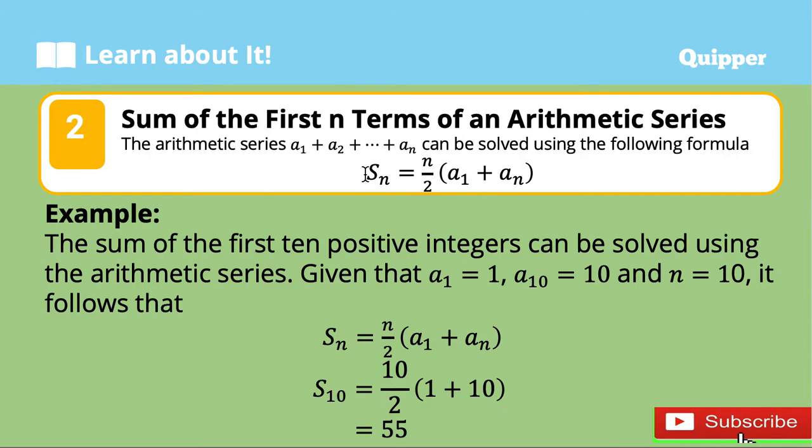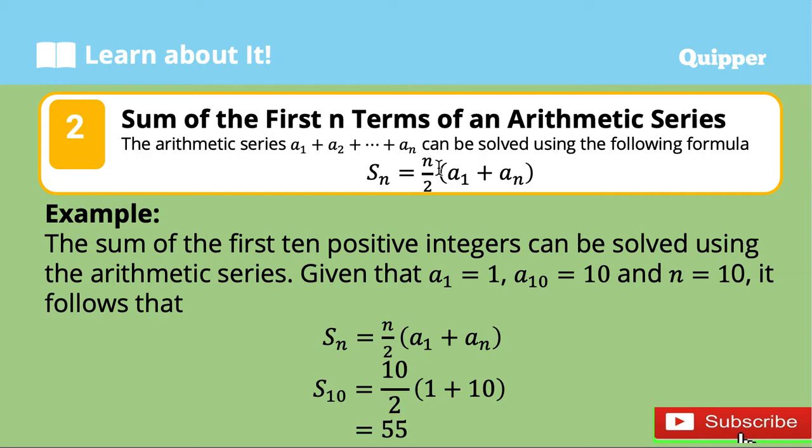The arithmetic series a sub 1 plus a sub 2 up to a sub n can be solved using the following formula: S sub n is equal to n over 2 times the quantity of a sub 1 plus a sub n. A sub 1 here is the first term, a sub n is the last term, and n is the number